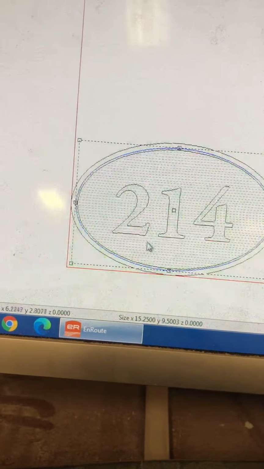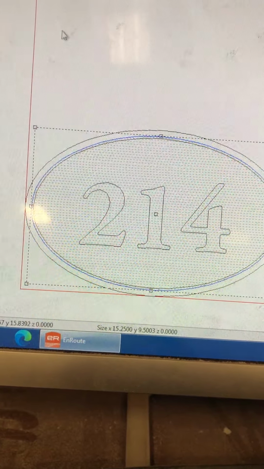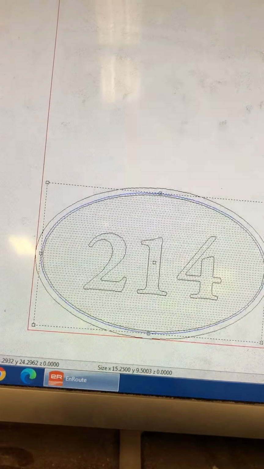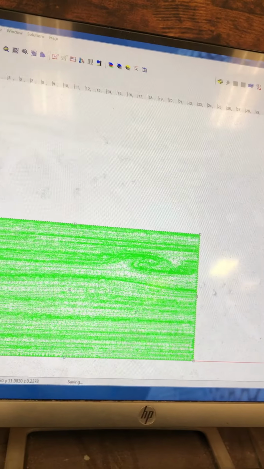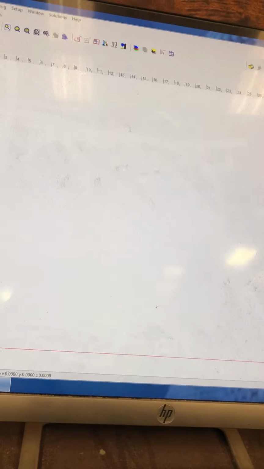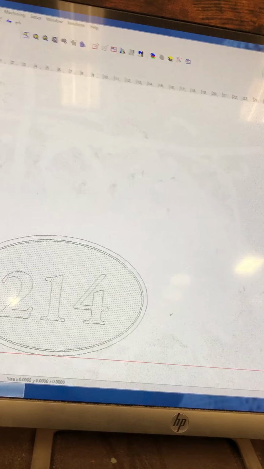Now we are going to take our wood grain and select it, and we're going to Control C, and we're going to leave that there for now. Actually, no, let's delete it. We don't need that because we have a copy of it now. We'll just use that extra tab